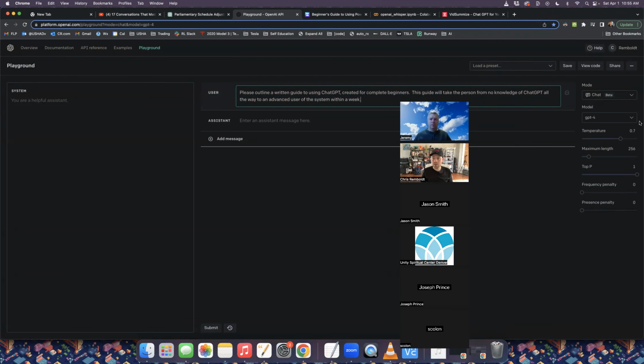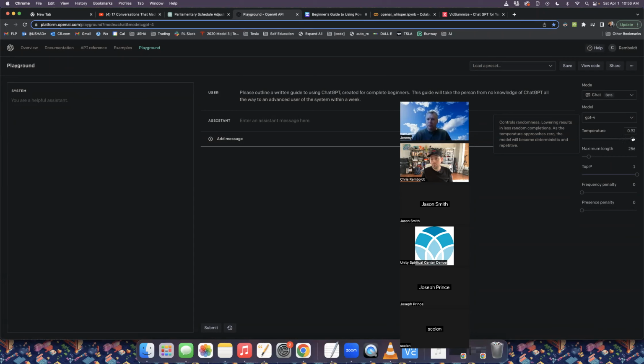This is the playground. You can do all kinds of things, like you can make it more creative. That's what the temperature is. It's like creativity. It becomes super boring if you turn the temperature towards 0. It makes pretty dry output. Maybe that's good for technical things or employee handbooks or legal documents, things where you don't want it improvising, and hallucination would be a bad thing.